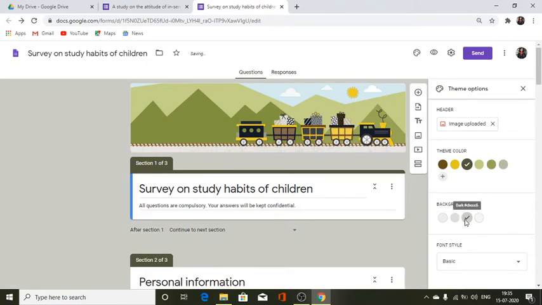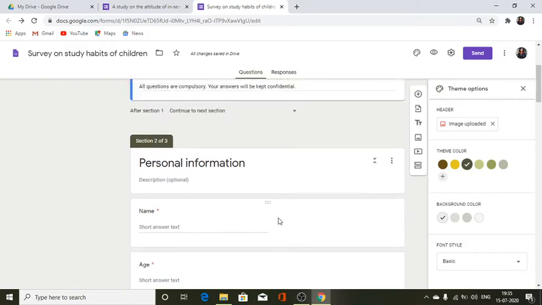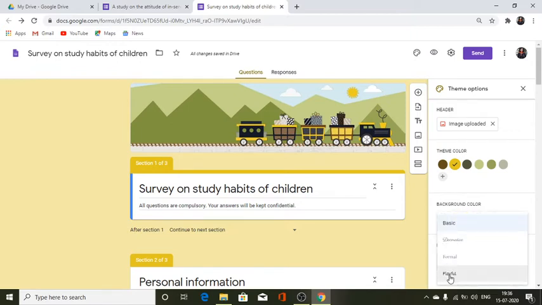Let's change the theme color to this. Let's see, it's looking brighter. So we are adding this, and then let's do this. This is colorful. It looks good for the children. The font style we've just kept basic, or if you want, you can have a playful font style for the children. We're just keeping the basic one. And now let's take a preview of it.